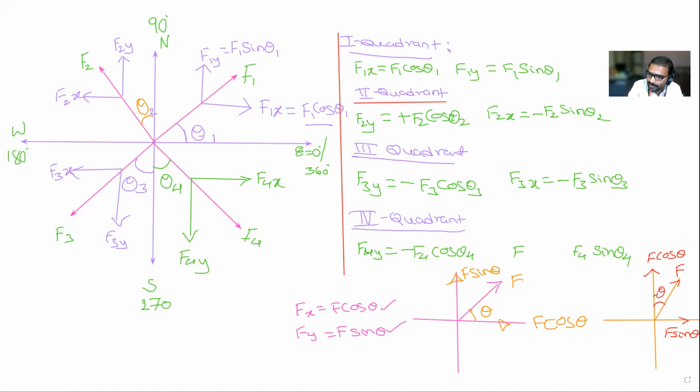and the remaining direction's component is sin. Look at this problem: theta was given with respect to the x direction, so the x component is cos and the vertical is sin. In this problem, theta is given with respect to the vertical direction, so the vertical component is F cos theta and the remaining horizontal component is F sin theta. Is it clear? Yes, sir. Okay, any doubt? If you have any doubt, you can ask me.